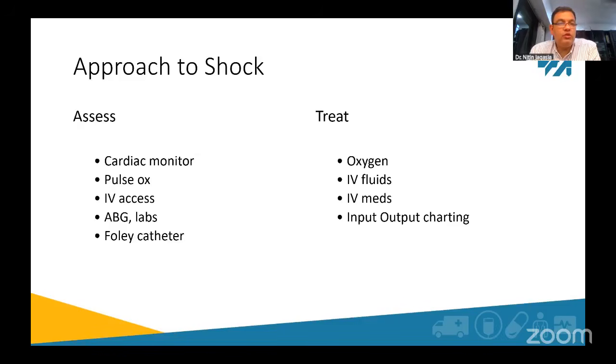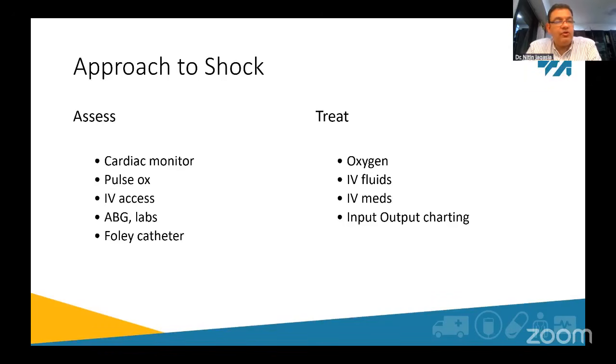So what do we do with a shocked patient, a hypovolemic patient in trauma? You'd obviously have all your monitoring on. You would have your ECG monitor. You'll have your SATs or pulse oximeter. As we know, 2 large bore IV cannula in both antecubital fossas. If you have access to a gas machine, you may get a venous gas or an arterial gas. Depending on if you have a breathing issue, you want an arterial one, otherwise venous would suffice.